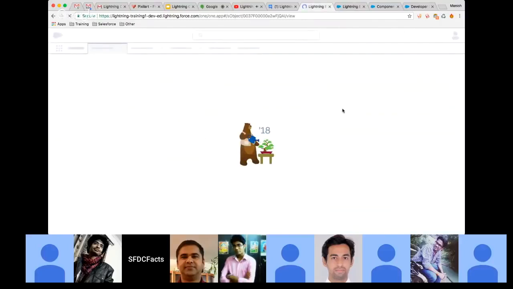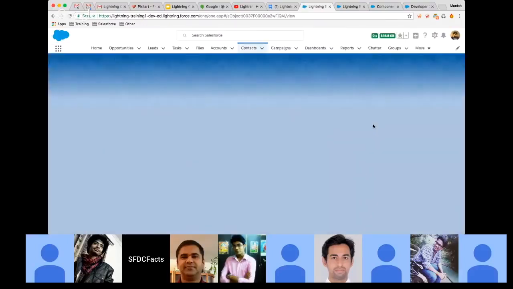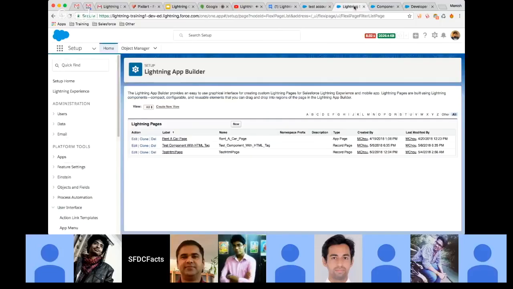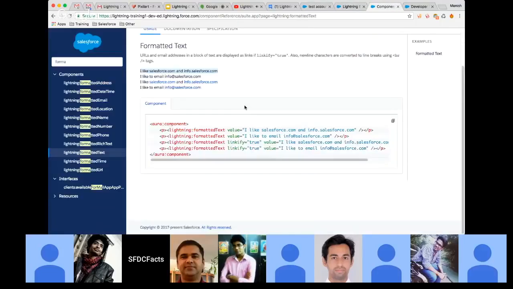So this is how you will see the output, or this is how you can use Lightning App Builder to create your Lightning pages, your home pages, record pages, or any of your Lightning app pages as well. So I hope Lightning App Builder is clear, and you kind of get the idea of it. I'm not expecting you to be an expert on this as of now, because there are a lot of